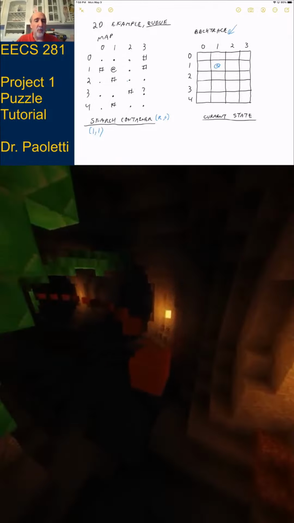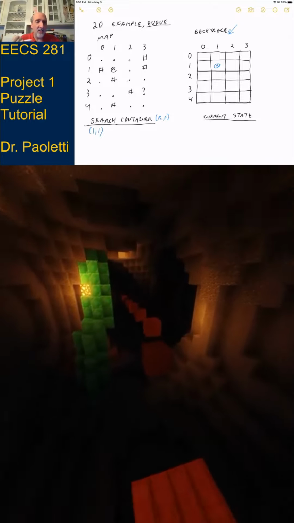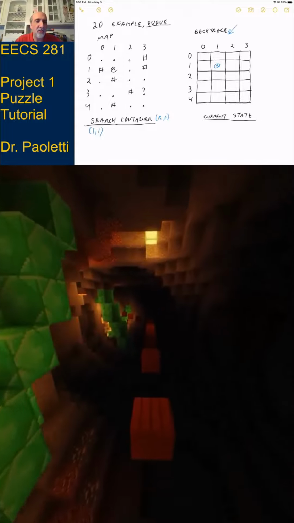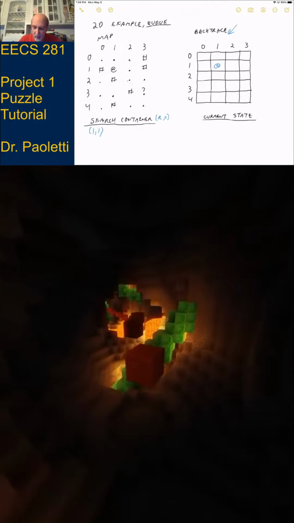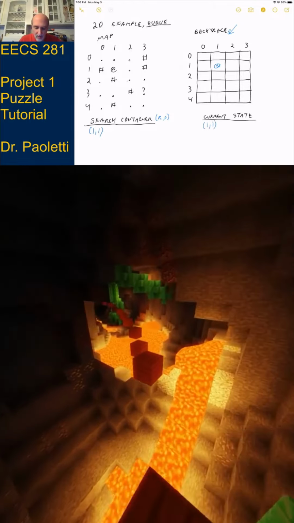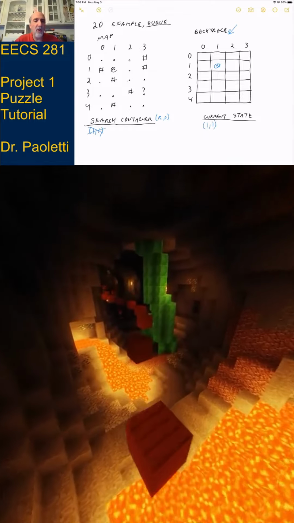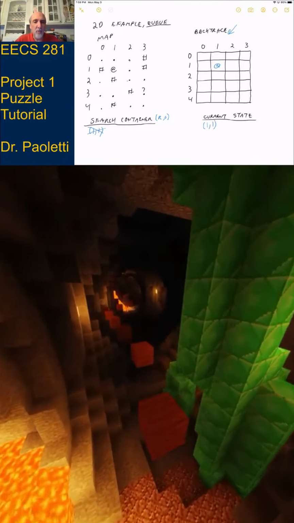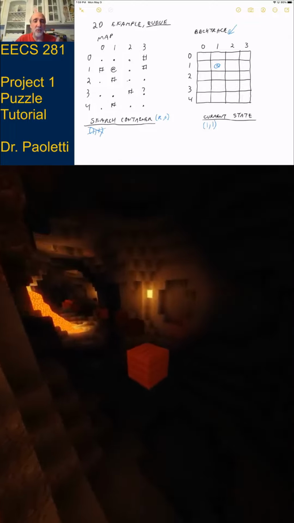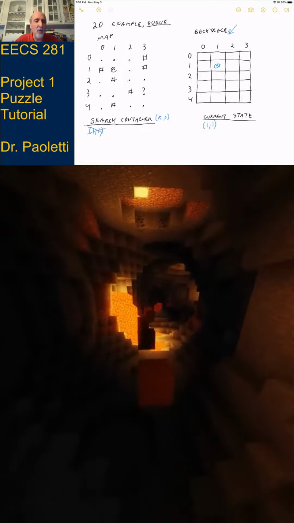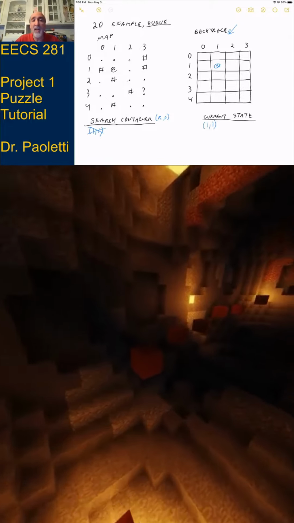Okay, so we do our loop. While the search container is not empty, we take the next thing out of the search container, and that becomes our current state. All right, so 1, 1 is my current state, and I take it out of the search container. So I'm just going to cross that out. Okay, so 1, 1 is my current state. I've already discovered it. Now I need to investigate it. What investigate means is look at where can I go from here.